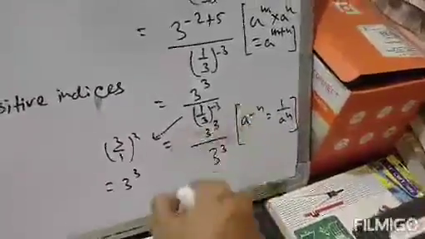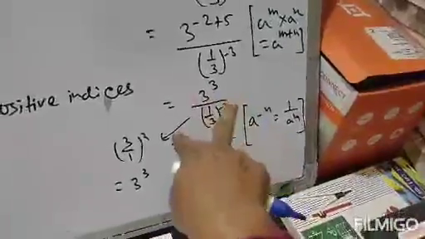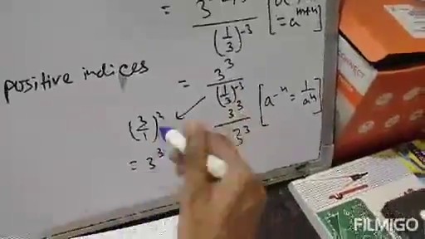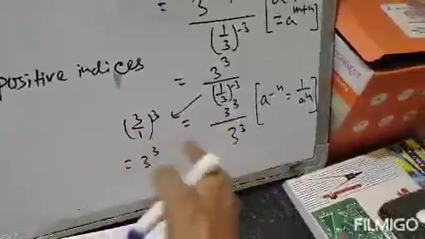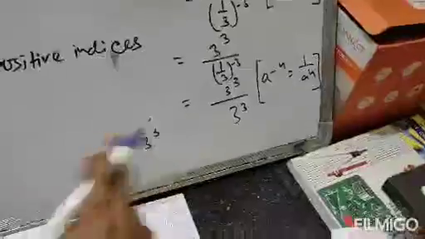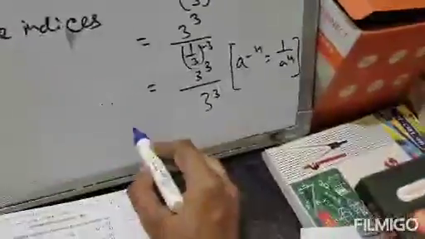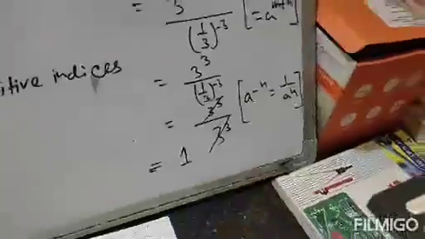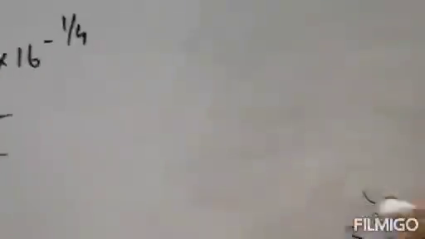That means the power is negative, so to make it positive, you have to just reverse. That means 1 by 3 becomes 3 by 1 and the power gets positive. So 3 by 1 means 3, so 3 to the power 3. So I am writing 3 to the power 3. Clear? So that was the application of the formula. That means 3 to the power 3 will reduce. The answer is 1. Your answer is 1. Clear? Next expression given, that is question number 9.